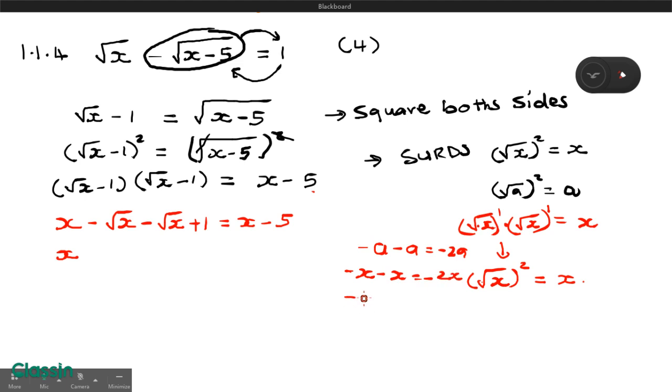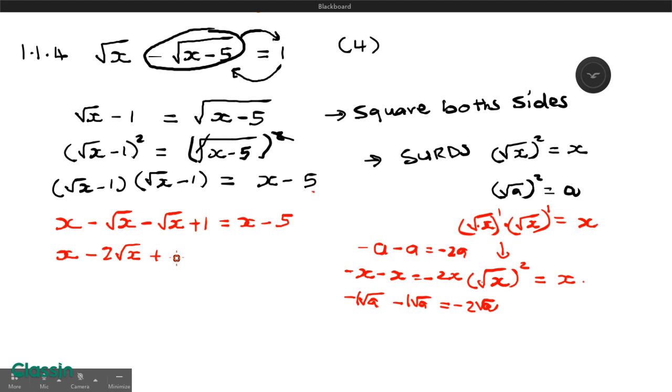Therefore, negative root of a minus root of a, the answer will be -2 root of a. So root of a in this case is a variable, but the coefficient is 1. So even here, we're going to have -2 root of x